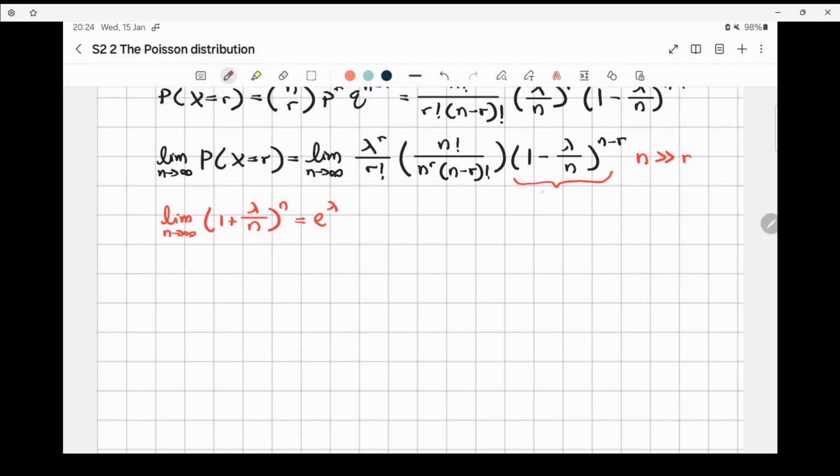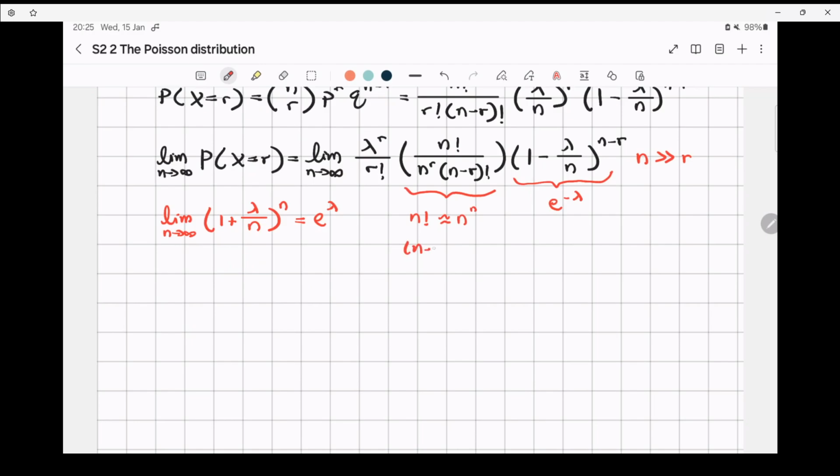So we will assume that this thing will go to e to the power of minus lambda when n approaches infinity. So this part on top you have n factorial. So n factorial will be approximately the same order as n to the power of n times. It's not a very accurate approximation, but this will do. So n to the power of r,